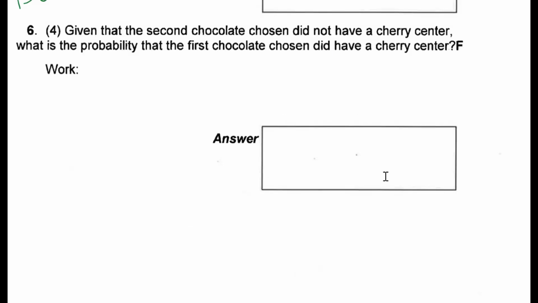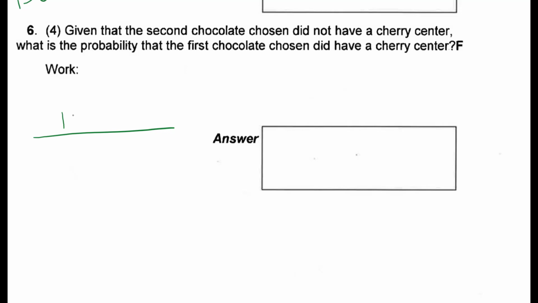Okay, given that the second chocolate chosen did not have a cherry center, what's the probability that the first did not? Oh, okay, so this is the Bayesian style. So I could go back up to that table. Given that the second did not have a cherry, so I need an N at the end, right? So what's the total probability? So I remember that it looks like this is going to be